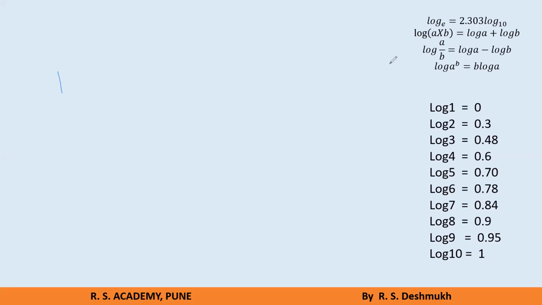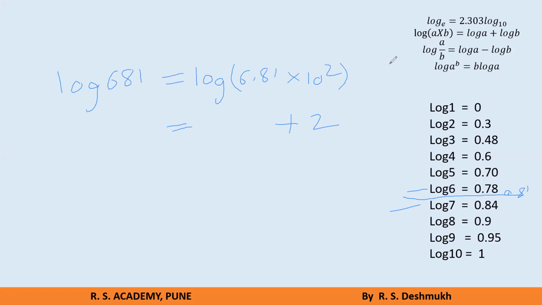Let us take one more, that is log of 681. Again the same thing as I already discussed, I will write it as 6.81 into 10 raised to 2. Now you already know, every time I will not try, I will directly say it is 2 and log of 6.81. So where the 6 is, 6 is here, where the 7 is, this is here. So the intermediate is 6.5 and it will become 0.81 for 6.5.